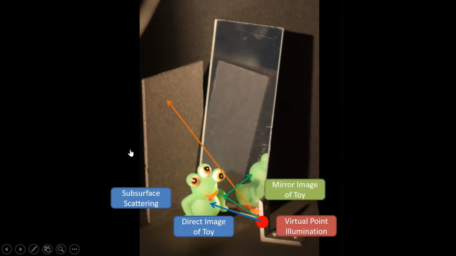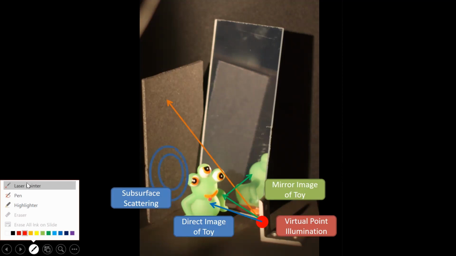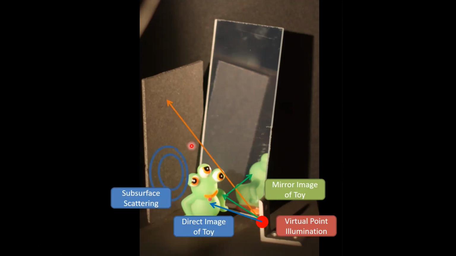And then you see these weird things on the back wall. One is from the light directly moving past the toy and hitting the back. And you see these kind of concentric circles, right? This is the shell of the sphere of light that moves out and intersects with the wall, and it creates these concentric circles moving outwards. And I'm going to play the video again afterwards, but what you notice is actually not just one circle, there are two. One of them is due to this arrow shown here, and that one has a shadow of the toy in it.